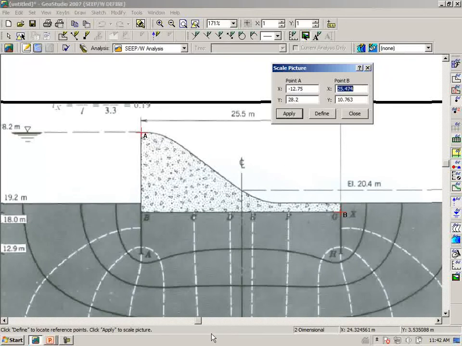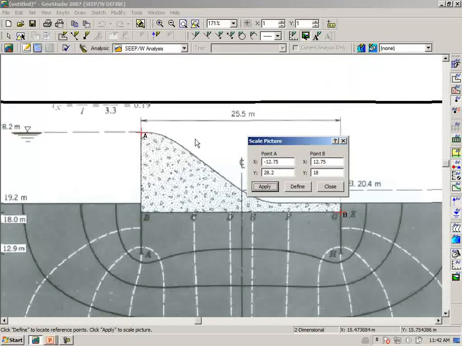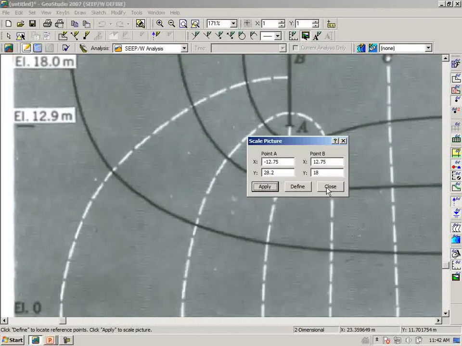On point B, the elevation is 18, and the x-coordinate is plus 12.75, and the elevation is 18. So from minus 12.75 to plus 12.75 with the 2 known elevations, if we now click on Apply and then say Close